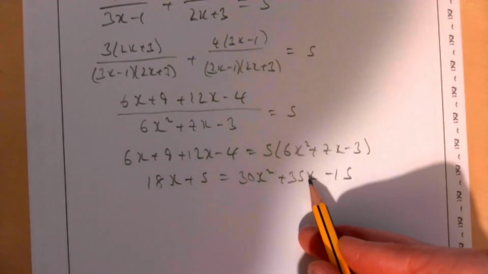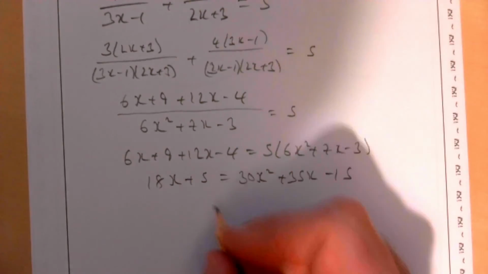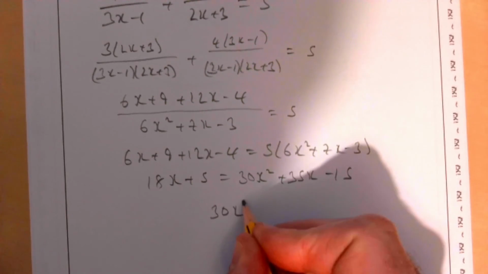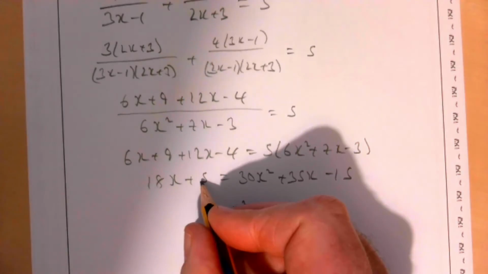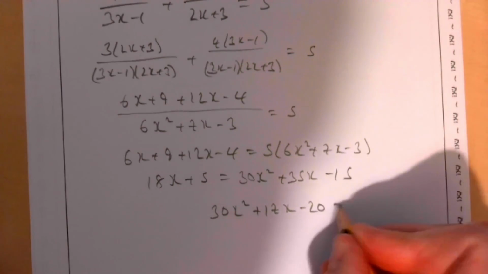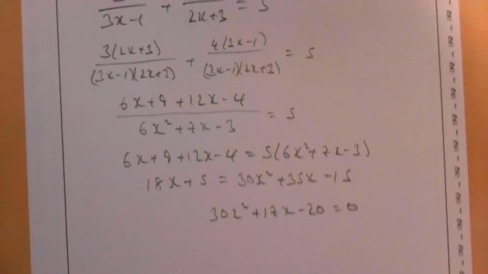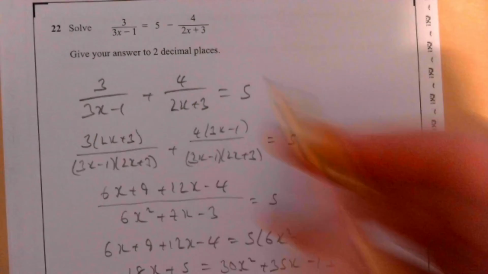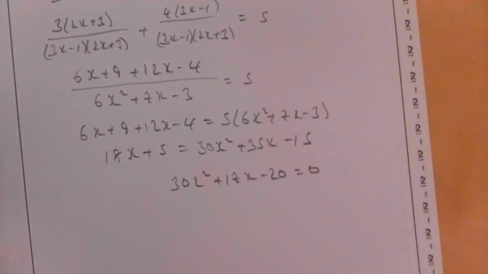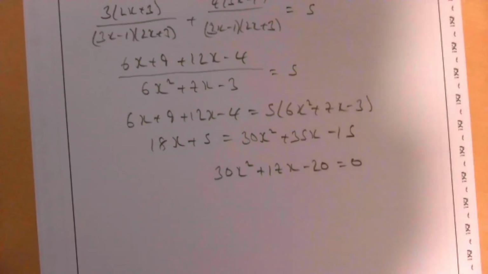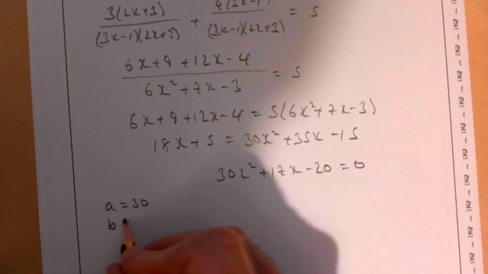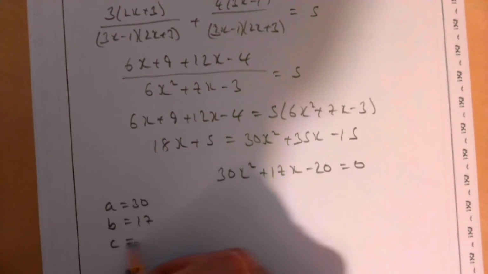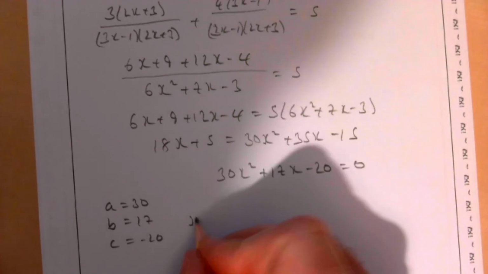I'm going to take away 18x from both sides, so that gives me 30x squared plus 17x, and then take 5 from both sides, minus 20 equals 0. We have a wee clue here. It says give your answer to 2 decimal places, so that gives a hint to me that it's very unlikely to factorize. So I'm going to go A is 30, B is 17, and C is minus 20,